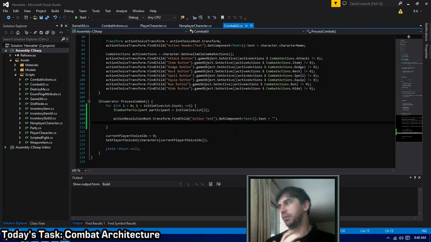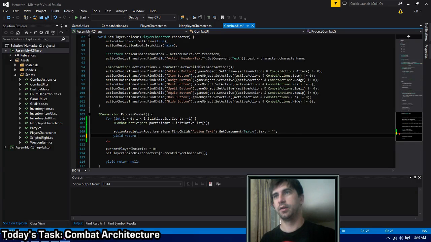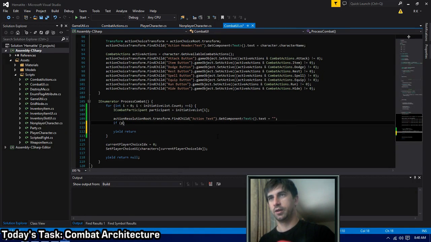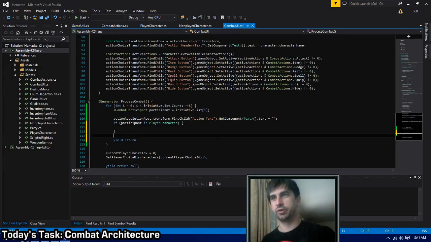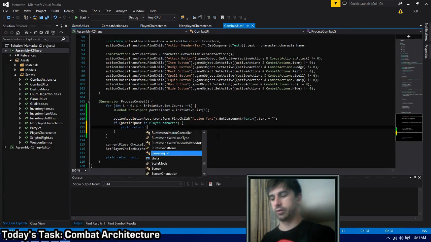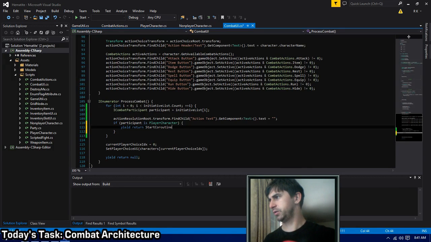Okay, let's see here. Right, okay, so we blank action text, and then we need to go through each coroutine and yield on them all. So we say yield return, because, let's see here. If the participant is a player character, we know that we have their action already set out for us, and that we shouldn't really be doing anything too silly about it. So we say we need to return,